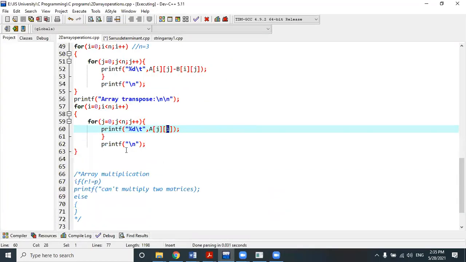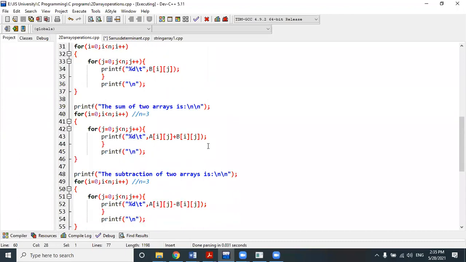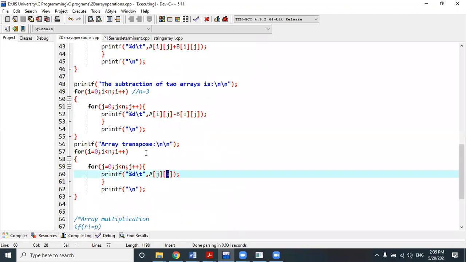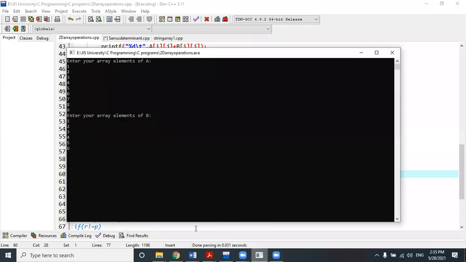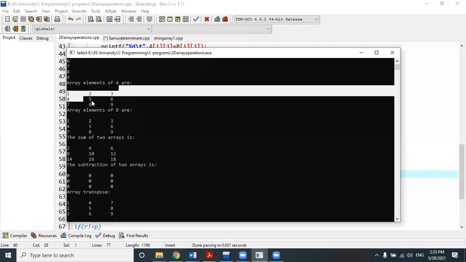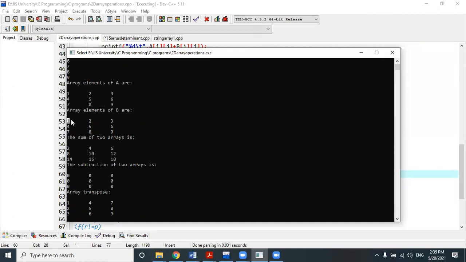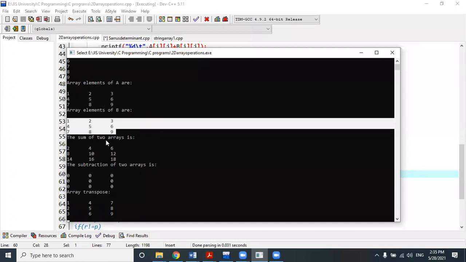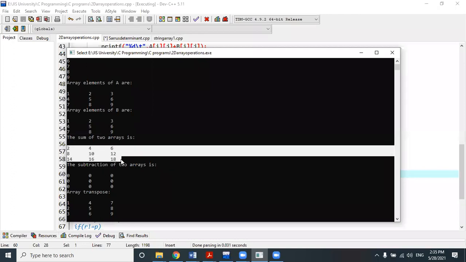Okay, so in this program, I have already performed 3 operations: matrix addition, matrix subtraction, and matrix transpose, or array addition, array subtraction, array transpose. So I'm just executing these applications. Enter the elements of the first array A. I have taken 3 cross 3 for the sake of simplicity, so I have given a total of 9 elements for array A, and similar 9 elements for array B. This is the representation of array A in matrix format. This is the representation of array B in matrix format, and this is the summation of the 2 arrays